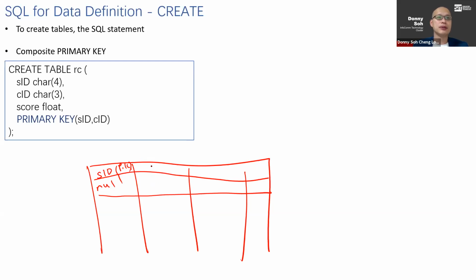Say course ID 23, name ABC. You can actually do this, and they will allow this insertion. But the interesting thing is when you try to insert another row, also with null,